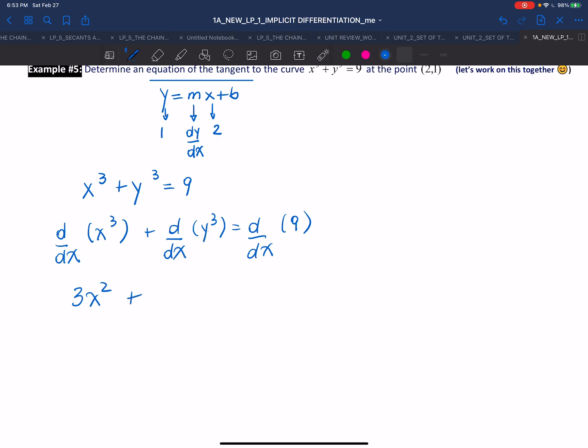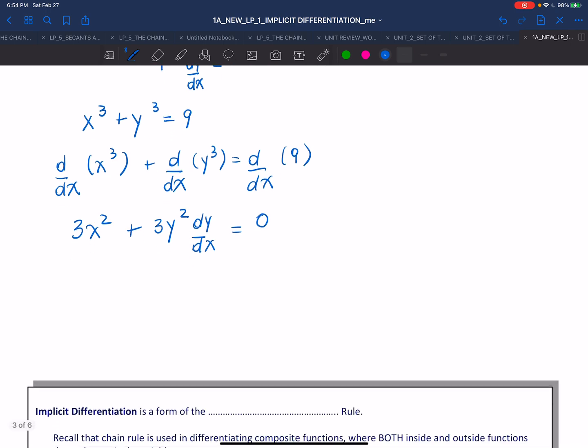Implicit, because we imply again, I keep repeating it so it gets in your head. So we imply that y is a function dependent on x. So we differentiate the outside function first, 3y squared, and then we multiply by the derivative of the inside because y depends on x. We just don't know the equation of y, and that equals 0. So 3y squared dy/dx